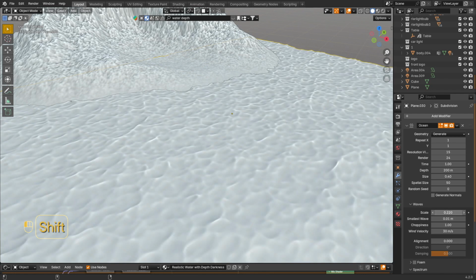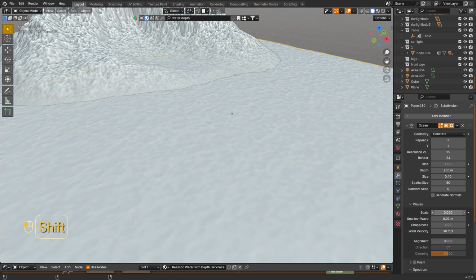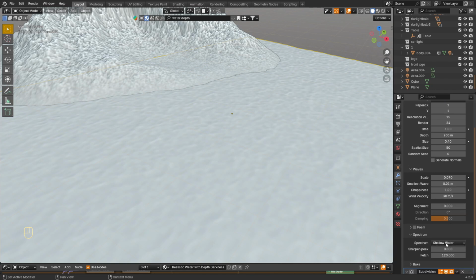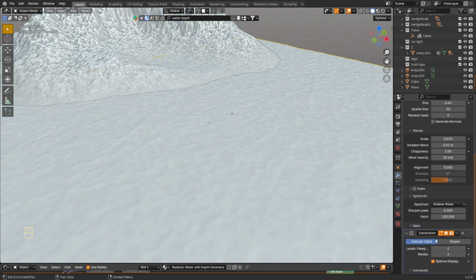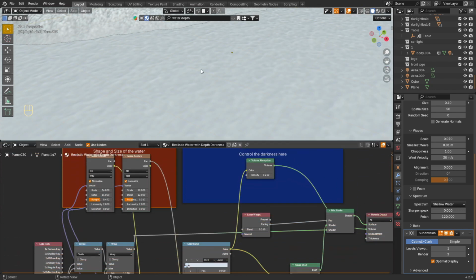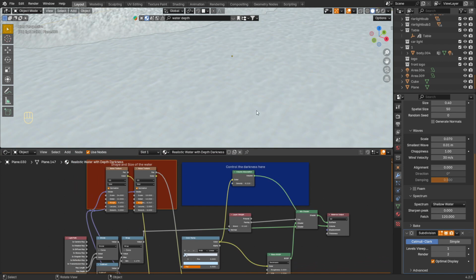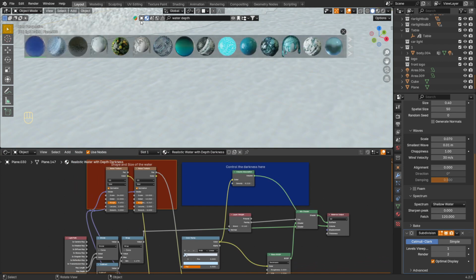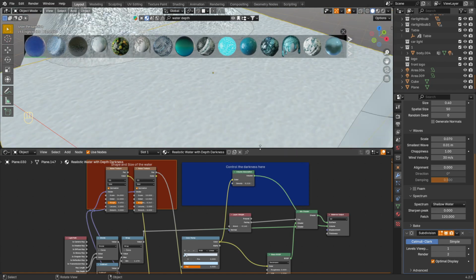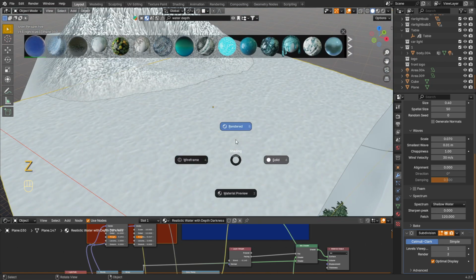And I set the water type in the ocean to shallow water. I did not include foam, because it seems to me that this would be unnecessary, especially since as far as I know, the water in the mountains is not salty. I also used the Subdivision modifier with a resolution of 1. The material that I used for water I downloaded in BlenderKit. I use it all the time. It is called Water Depth, because it has the ability to control the shape and size of the water and control the darkness of the water.